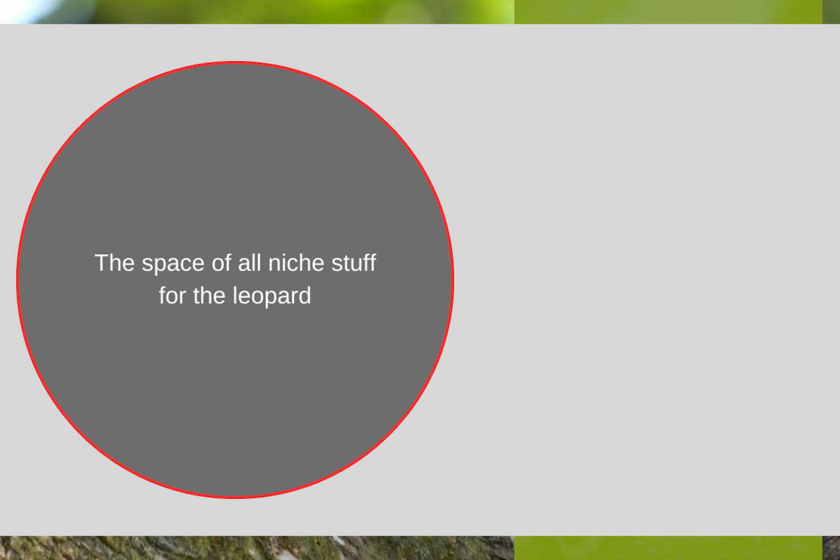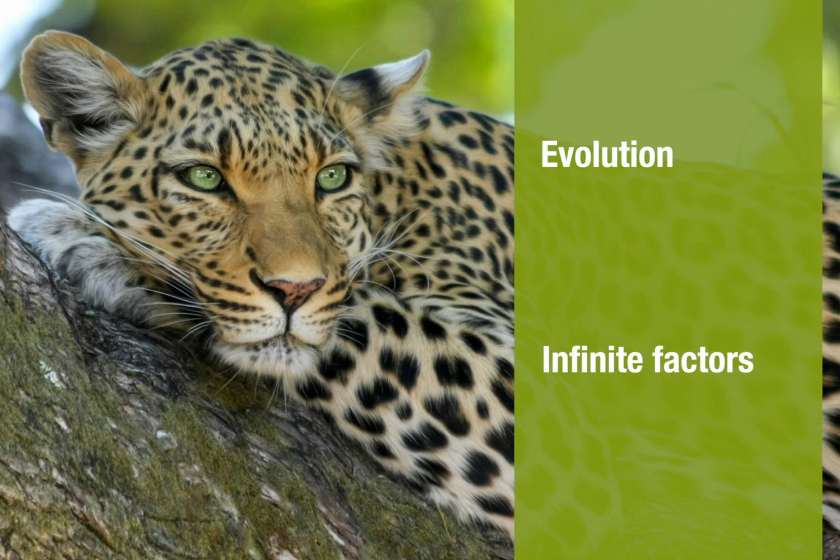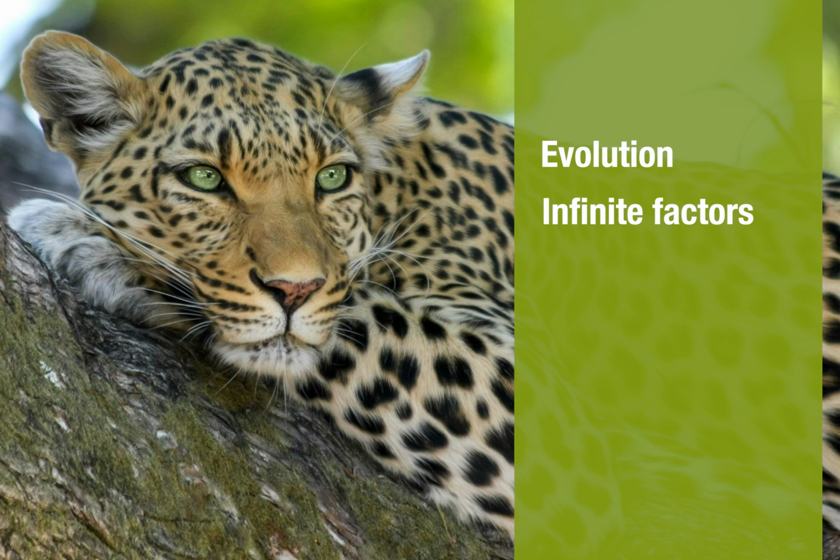We could start by thinking about everything that can possibly work for the leopard, all the things that seem to be characteristics that apply. But that's a bit vague, and so we need to look at it from an evolutionary point of view. A leopard is an organism that has survived to the present day and has been changed by evolution over the span of time. To define a niche in this way, we end up having an infinite number of levers. We can think of any single thing that would kill a leopard as being excluded from its niche.